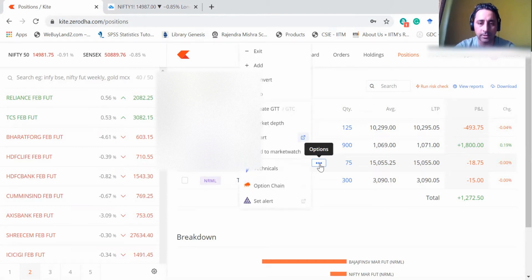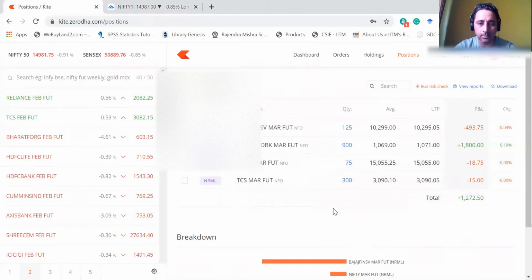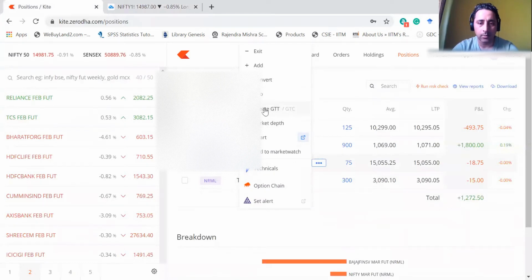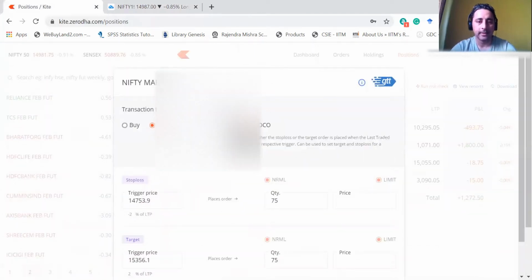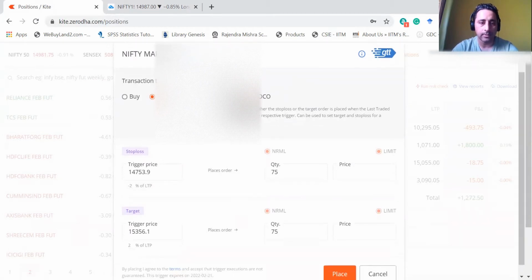So if I were to create a GTT order, I click on these three dots. Look here again. This is Nifty March future. I click here and I go to create GTT. Then this sort of window opens up. What we see here is there is a buy, there is a sell. Since we are already in the buy position, this is a long side trade of Nifty future. So the opposite of that would be a sell,